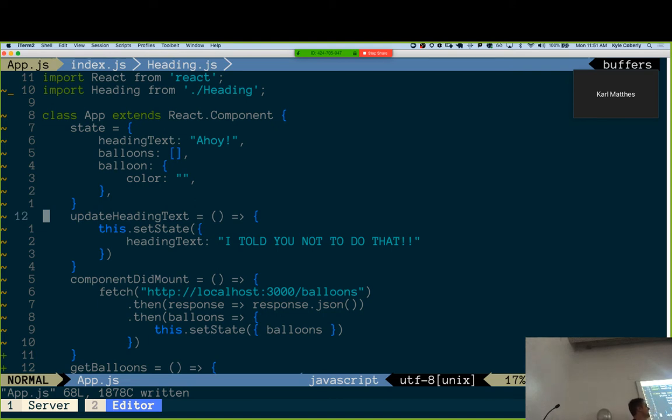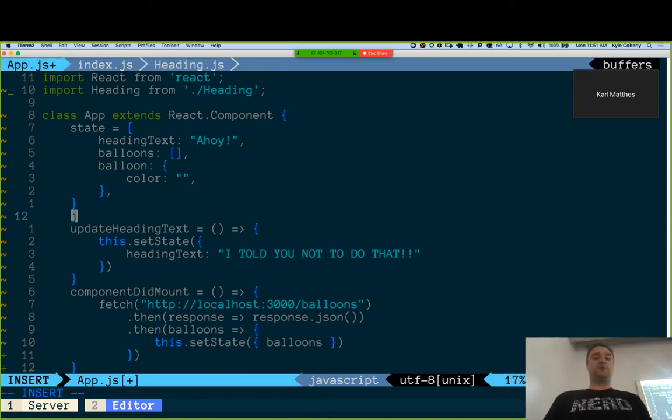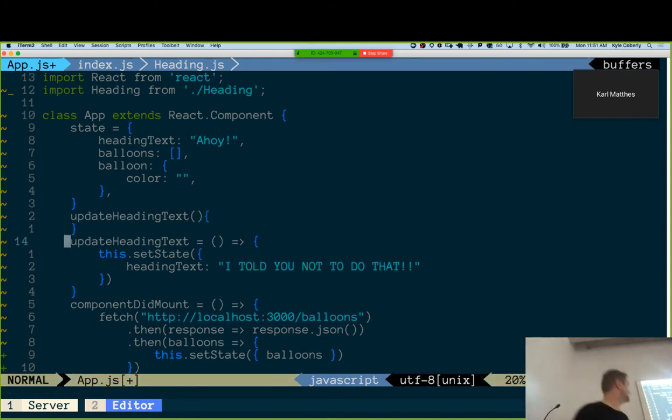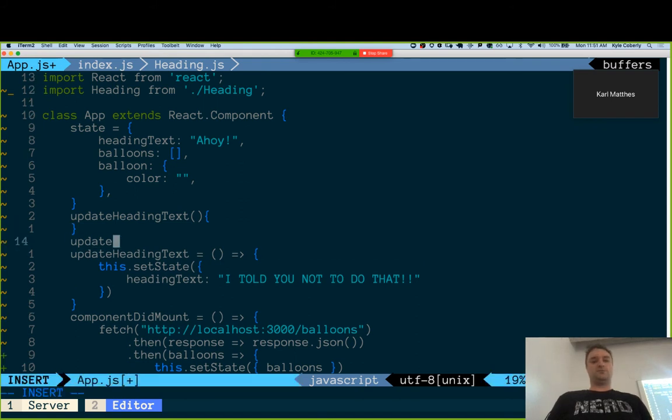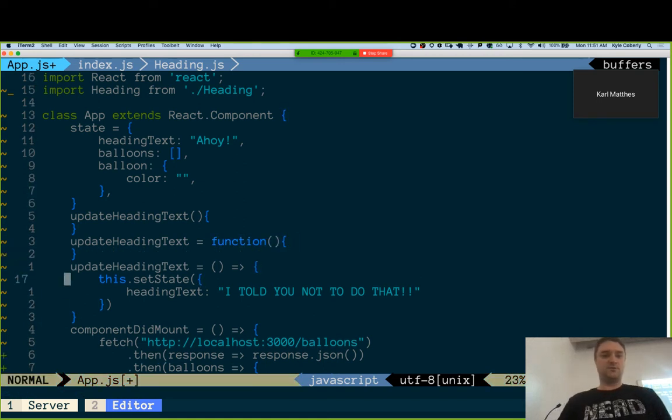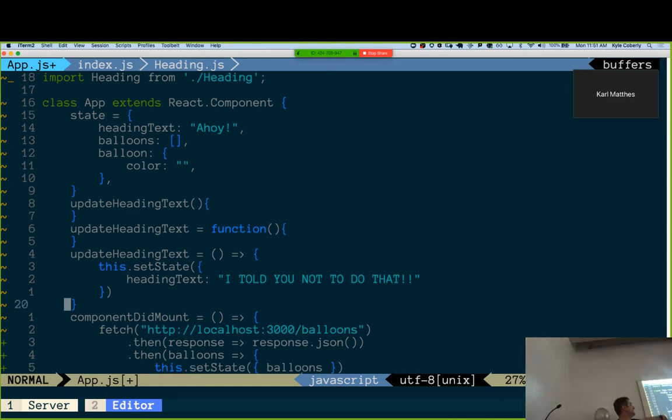If you want to not hate your life for the next 2 weeks, get used to always writing these with this fat arrow syntax instead of what you might be more used to, which would be either this, which is valid JavaScript. This is called method shorthand. It's probably closer to what it would feel like in Ruby. That is a road to heartache. Or something like this, which also might feel a little bit more familiar. All three of these are valid ways to make a method on a class,